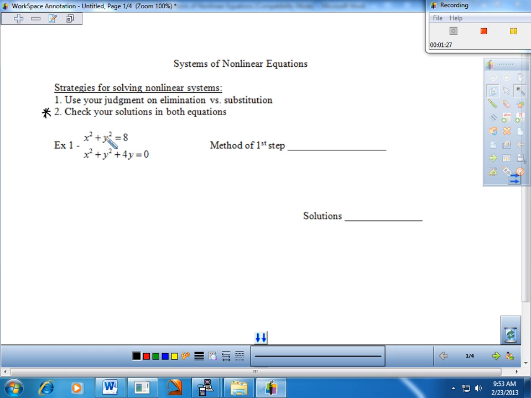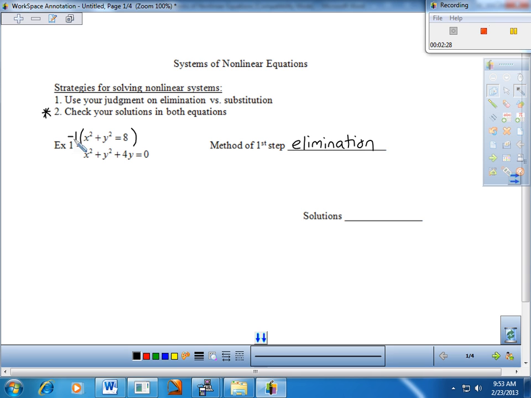So the question then is, do we want to use elimination or substitution? We'll write that in here, by the way. In this particular case, I'm seeing an x squared above that x squared and a y squared above that y squared. We can eliminate those pretty quickly, so I'm going to go with elimination. I also see a variation on substitution with this, and if you see that as well, you're welcome to do that, and you'll probably get to the exact same position that I would get to. But I'm going to multiply this top equation by -1,